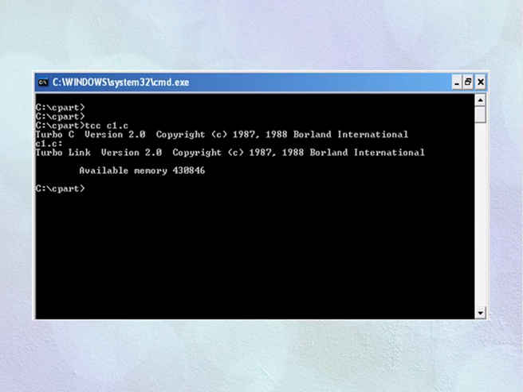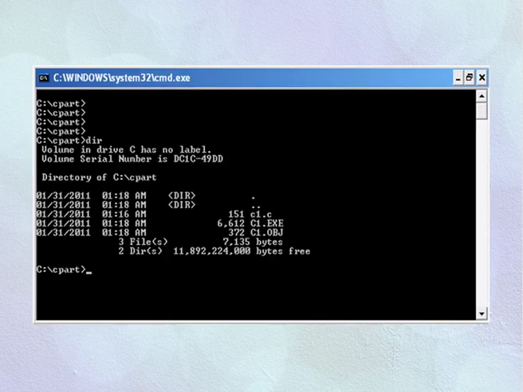Here you see I have given the command tcc c1.c. Now the moment I throw this program to the Turbo C compiler, and if there is no error, Turbo C will give me a set of related programs. Here you see that is my source code C1.c, only 151 bytes. Then it also generates an object code of 372 bytes, and finally it generates C1.exe, the binary code, which is